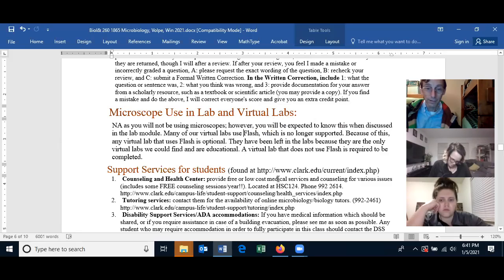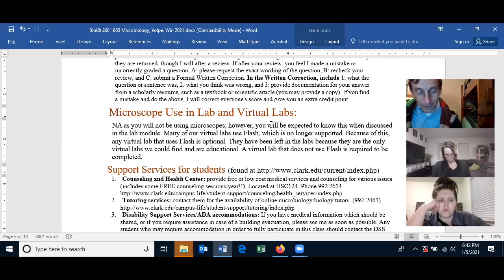If you are one of the students who has removed Flash from your computer, you can still do the virtual lab. You click on the link for the virtual lab, and then it'll open in a page telling you that Flash is no longer working, but you can click a link and then it'll work. So you still can do the virtual labs,